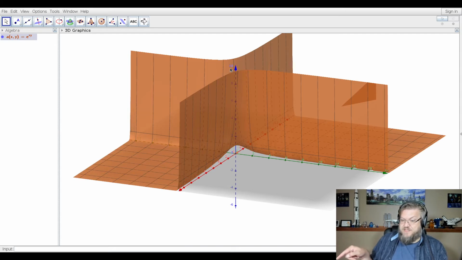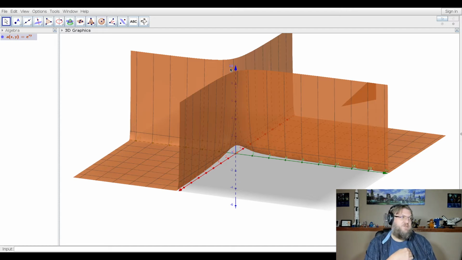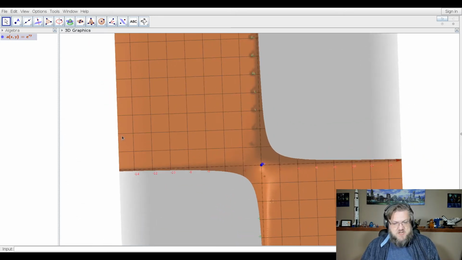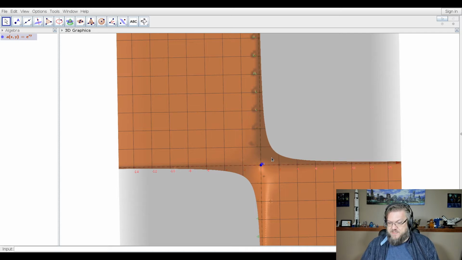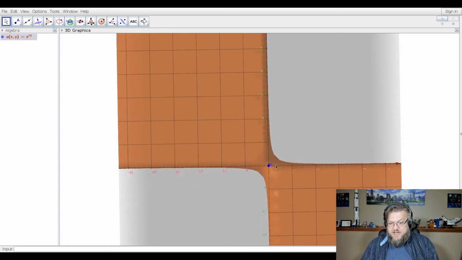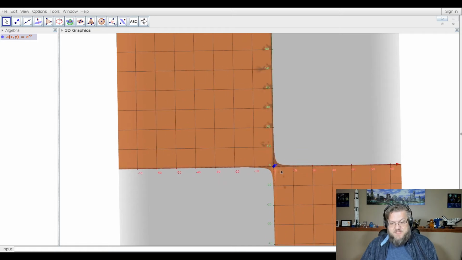Think about what this is calculating. This is calculating e raised to the product. So that's going to be e raised to a big number right away, which of course is an astronomically huge number, right? And so the above trick, looking from above, is not going to work very well because the surface climbs so fast. If I zoom out, it'll start to fill in more and more of this,